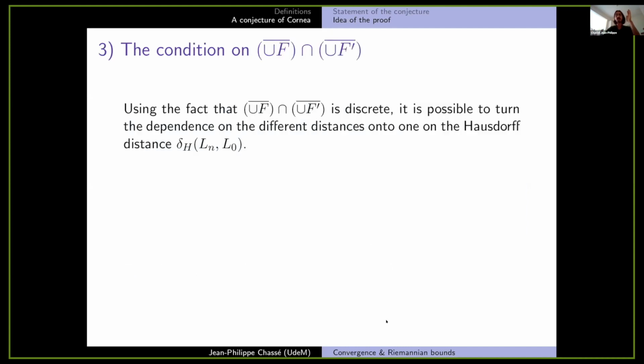And then essentially, you use this weird topological constraint on the intersections of the elements in your family to turn the dependence on these distances into a dependence on the Hausdorff distance, actually. And thus you get a bound which is something like a constant times the Hausdorff distance squared is smaller or equal than the distance in the J-adapted metric. And this is kind of direct, right? If you get something like that, if one tends to 0, the other has to tend to 0, and then essentially you're done.